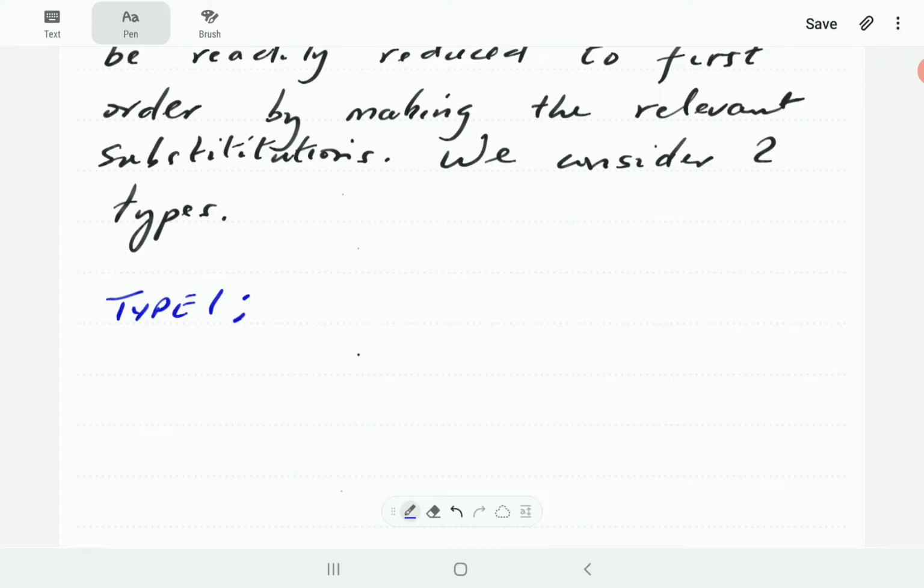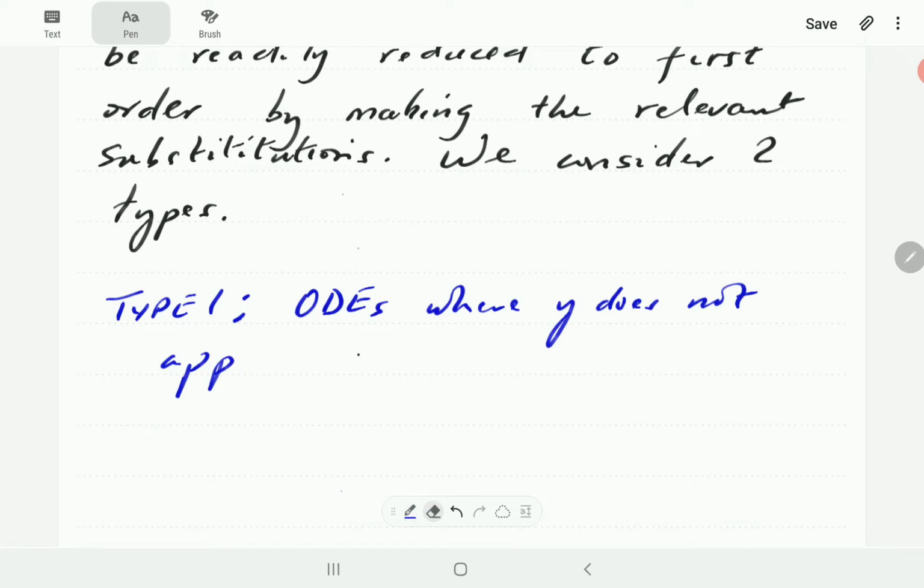Okay, so first of all, we have ODEs where the y variable does not appear explicitly in the ODE. So if you like, y is absent in the equation. So for these ones, we make the substitution